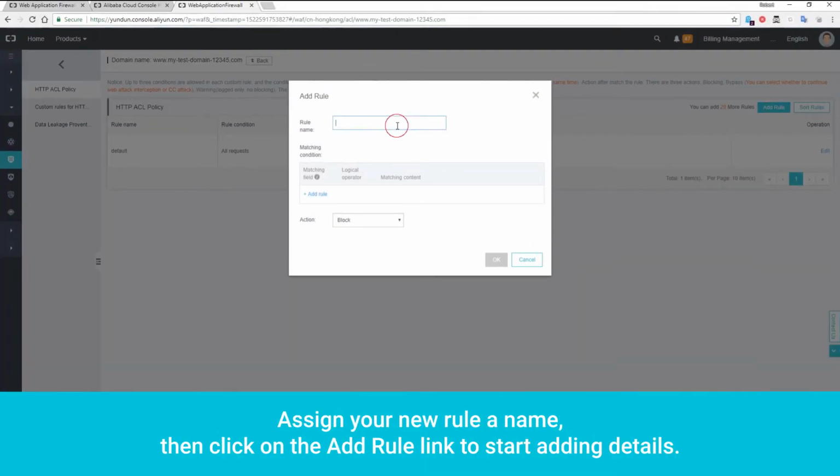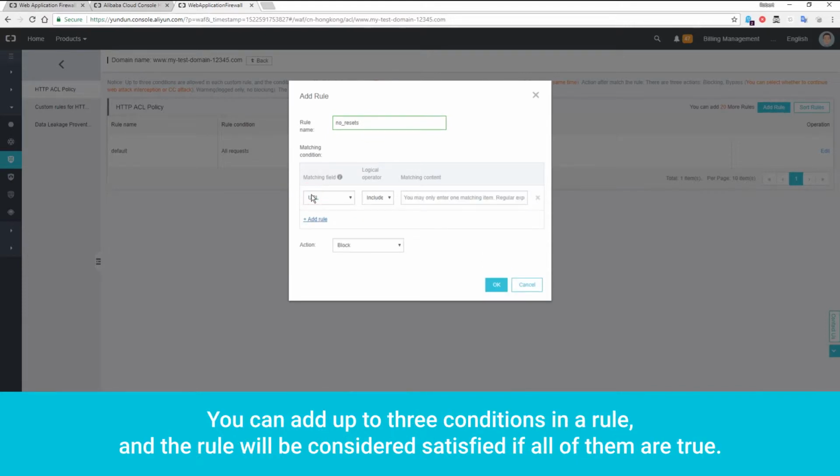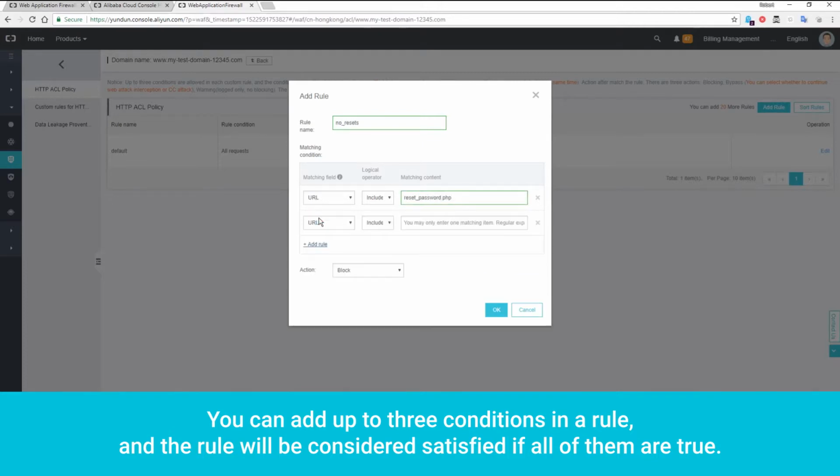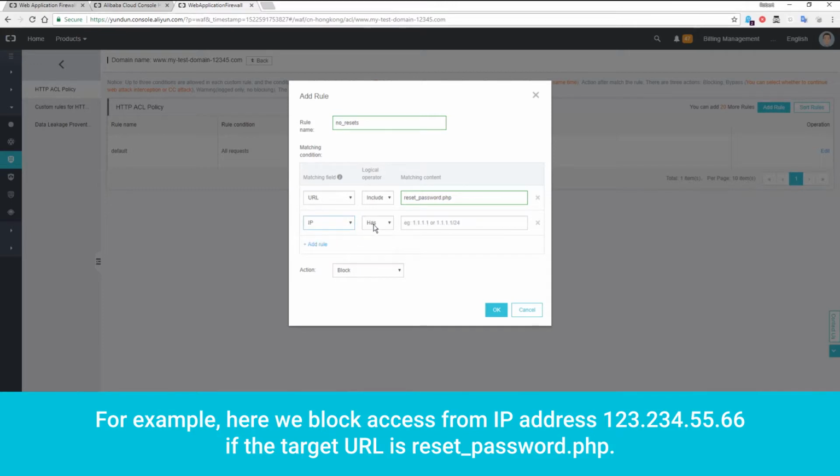Assign your new rule a name, then click on the Add Rule link to start adding details. You can add up to 3 conditions in a rule, and the rule will be considered satisfied if all of them are true. For example, here we block access from IP address 123.234.55.66 if the target URL is